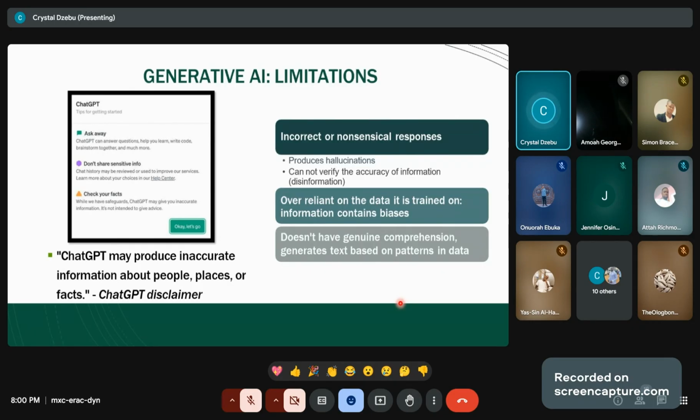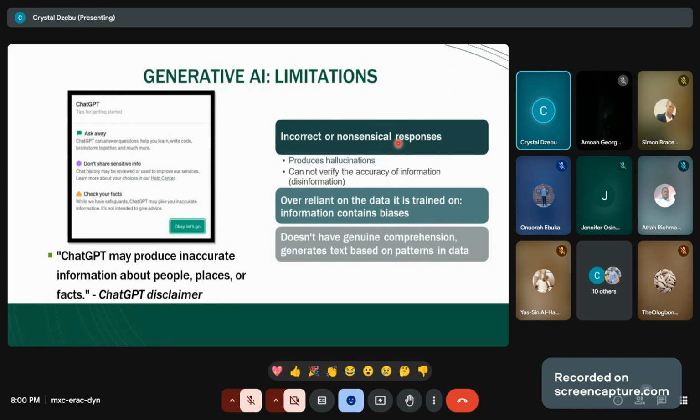They didn't really want anyone to start using it. Google was trying to be very careful until ChatGPT released their version, and then everyone had no option than to start releasing them. So as at now, most at times, most of these generative AI produce incorrect responses.